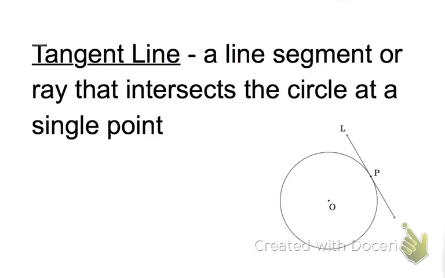Tangent, or it's also called tangent line, is a line, segment, or ray that intersects the circle at a single point. So here it touches the circle just at this point P, and we have a line. And the way that I would name this tangent line